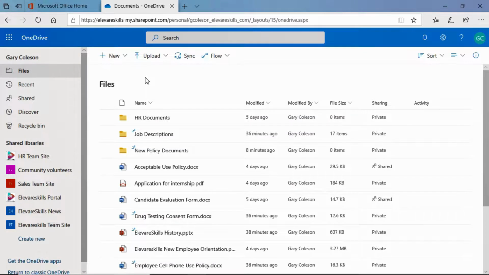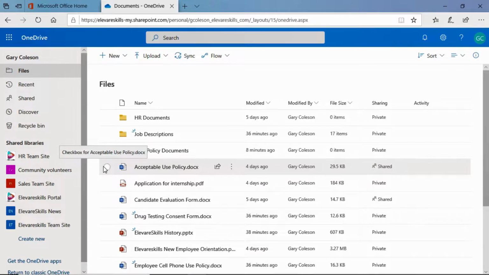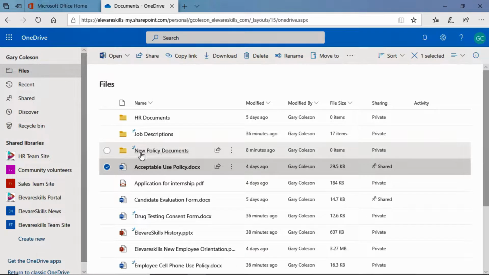Hi, in this lesson I'm going to show you how to move and copy files and folders in OneDrive. We're here in Gary Colson's OneDrive, and Gary wants to move the acceptable use policy document into the new policy